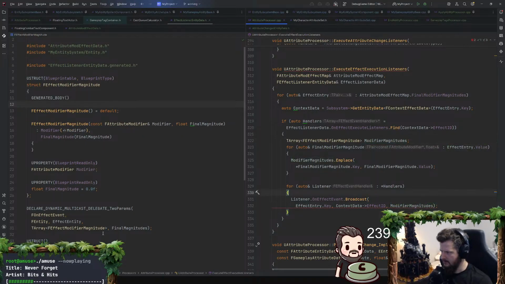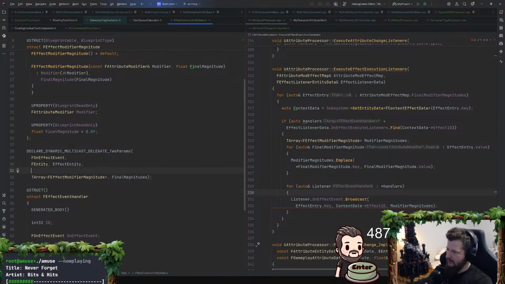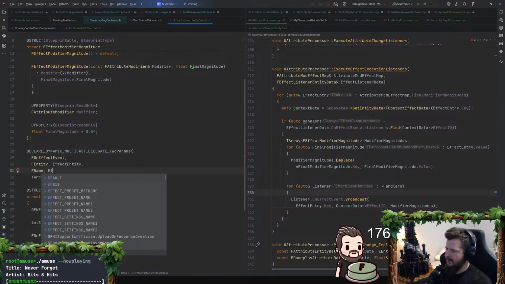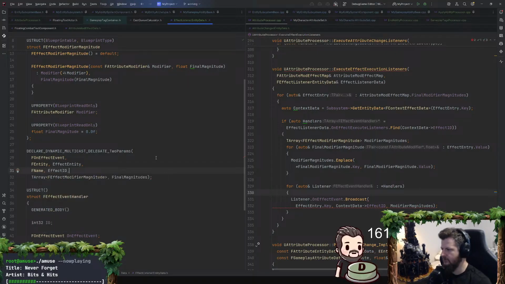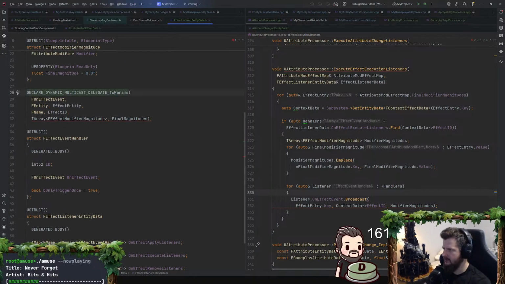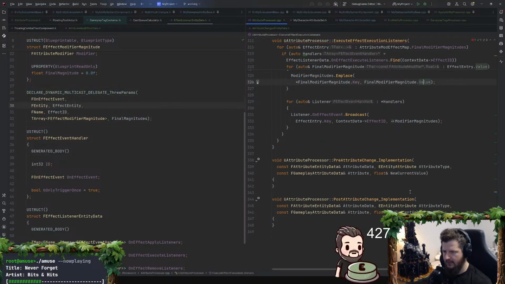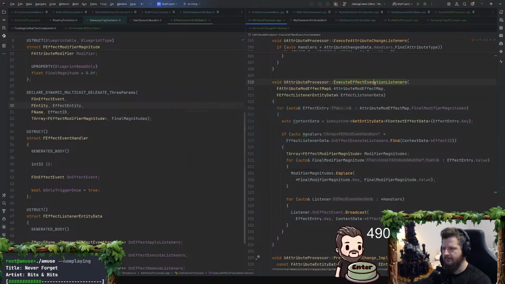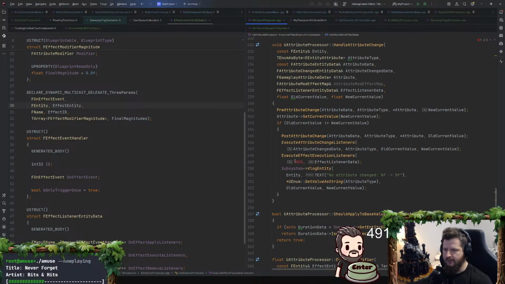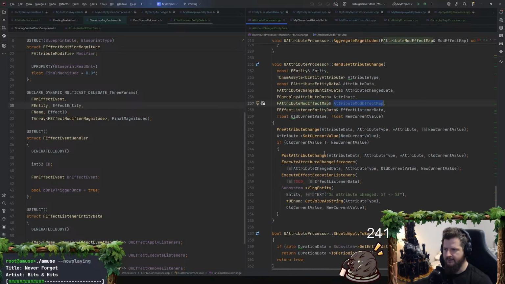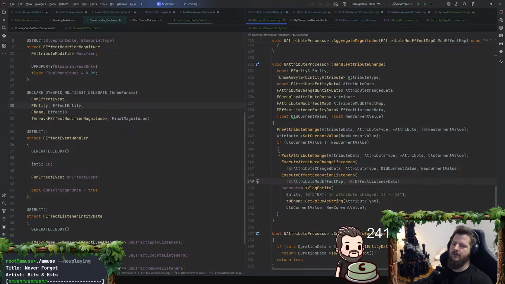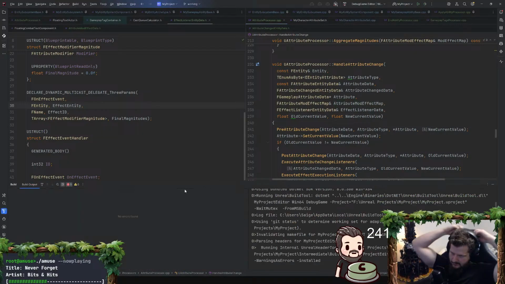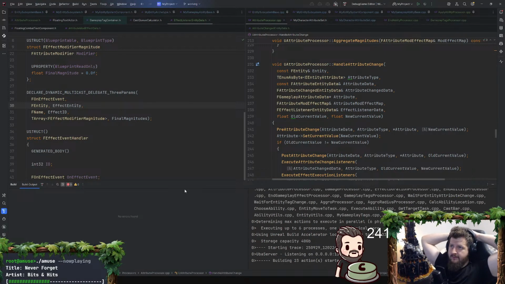And then I said I wanted to do the FName for effect ID, which will change eventually, and that should be 3 params. Yay, it all resolves. We just need to update that function. Yes, make that const, and then we will need to pass in the attribute mod map to the effect listener data. Does it compile? Now we get to see if it compiles, and then I'll have to get off because I am past due my time to get off.